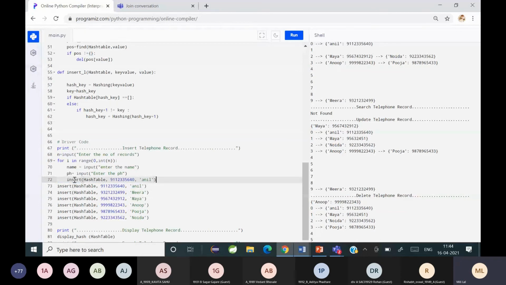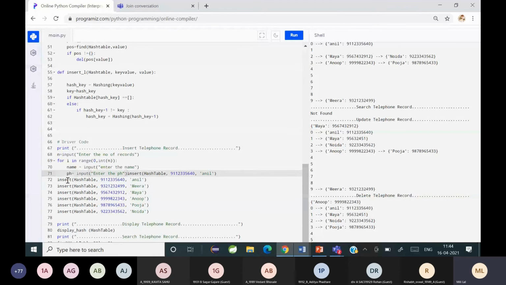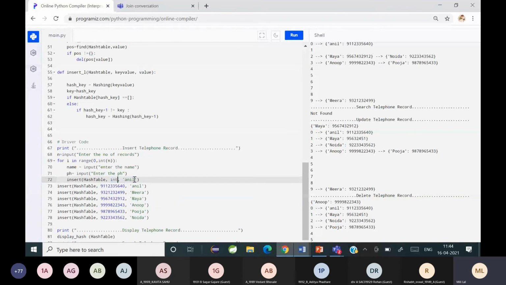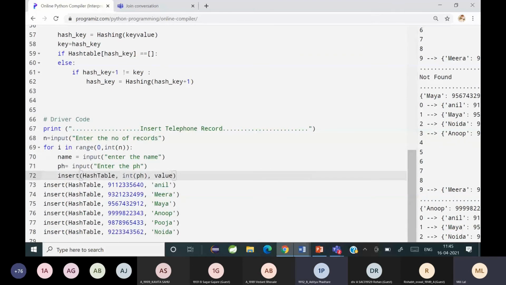Here you will put the integer value of the phone number, and here you will put the name. Is it clear? Can you see it? Yes, ma'am. So this way you can dynamically ask the user to enter the values.